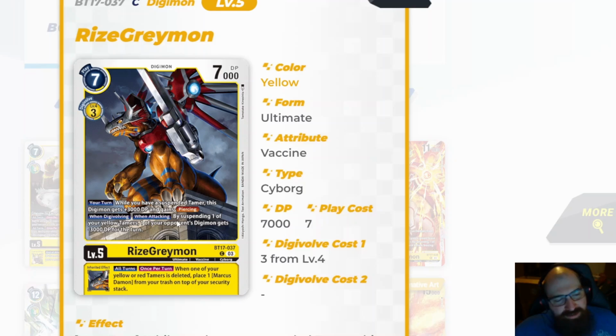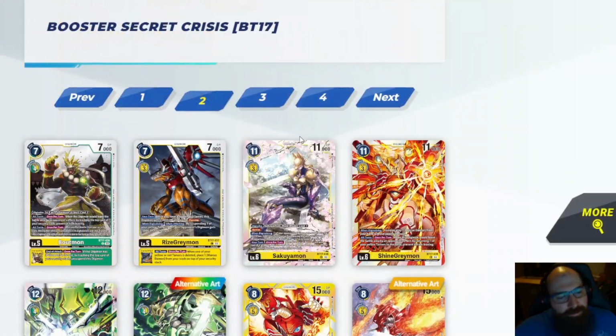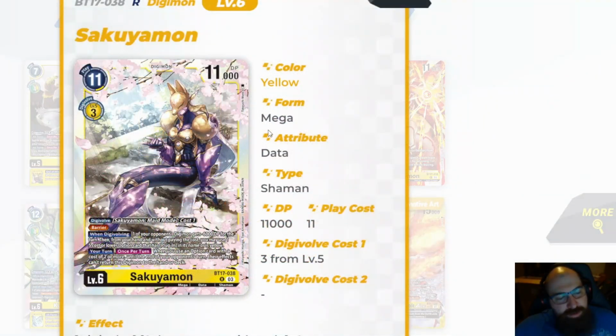When Digivolving, when attacking, by suspending 1 of your yellow tamers, 1 of your opponent's Digimon gets minus 3000 for the turn. Rise Greymon. All turns, when 1 of your yellow or red tamers is deleted, place 1 Marcus Damon from your trash to the top of your security stack. This is keeping the trend going from EX13? Going now up into Sakuyamon, our first Sakuyamon since...